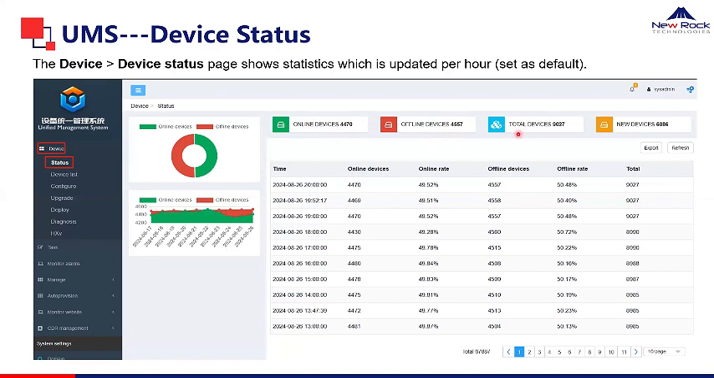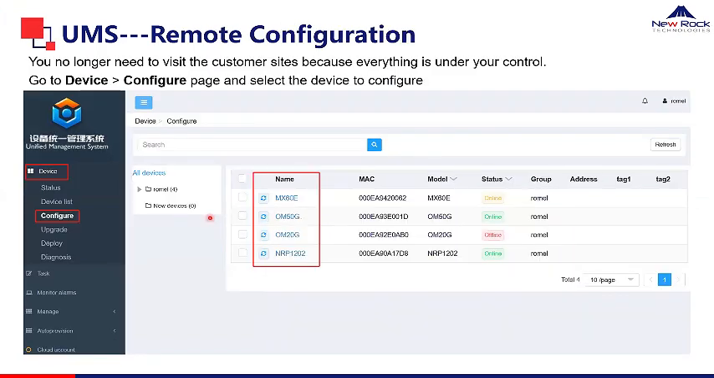I'm logged in as sysadmin. I can show all the devices that are being managed, how many devices are online, and how many are new devices, just recently added. And you can see here that it is updated every hour. It's set by default. So every hour you can see the statistics, and we have the online rate as well as the offline rate. And here is the graph to show you the online and offline devices. Okay, so